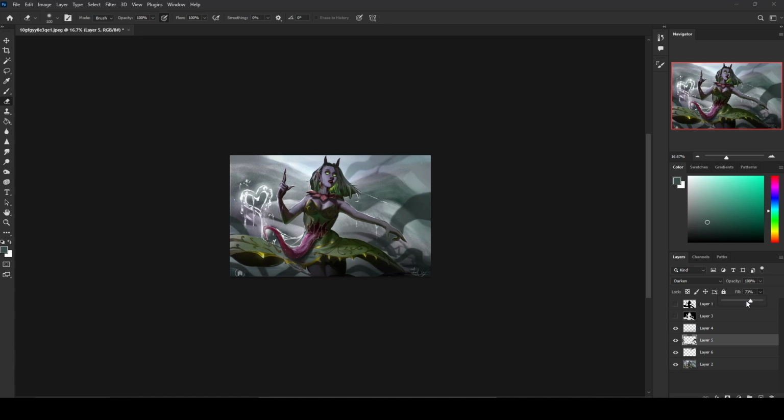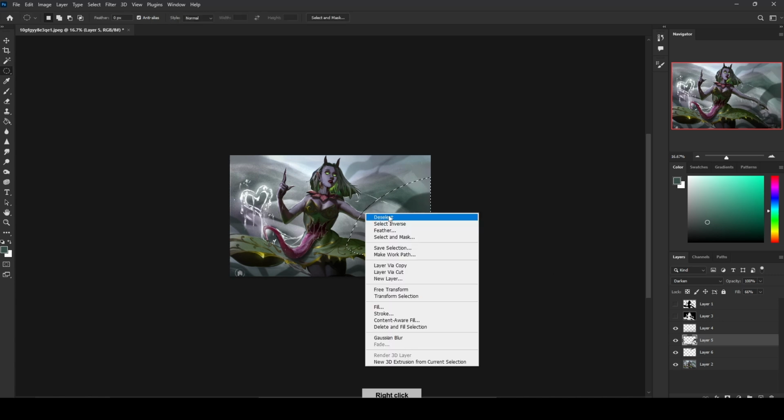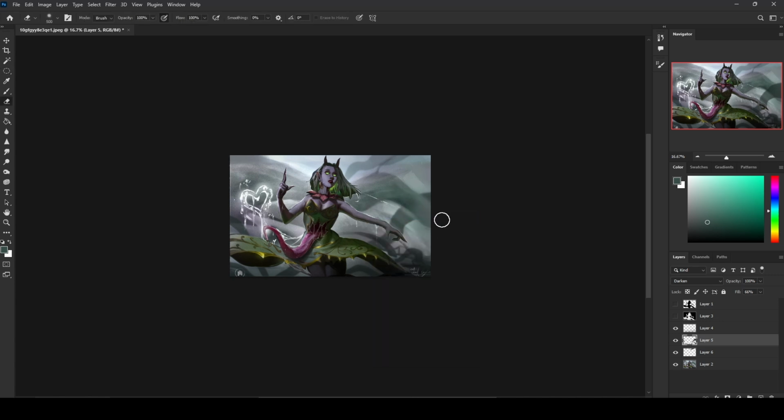And just reducing the opacity a touch. Just feels a little bit empty without all the extra roots. Maybe, I don't know, I kind of want to delete that one now, actually. Just reduce its opacity a touch more. Okay, and